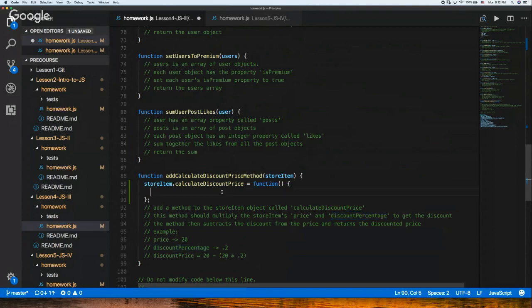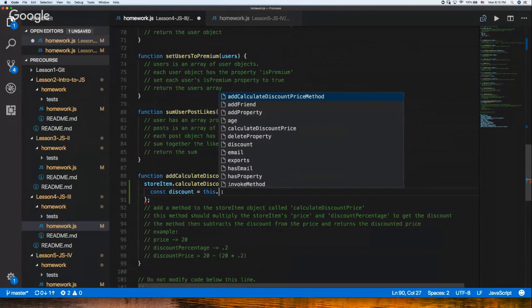And this is a very real type of method that you would have in your code, like calculating the discount price for something. I mean, this is a very, very real type of thing that you'd be doing. So what we'll do is first I'm going to calculate the discount. Discount is going to be equal to, and then if you remember when we talked about this, we're going to